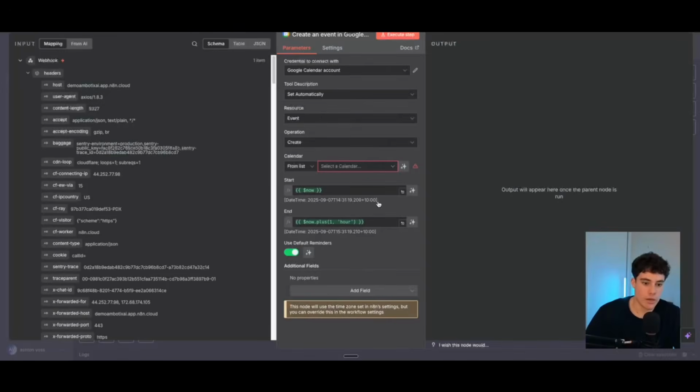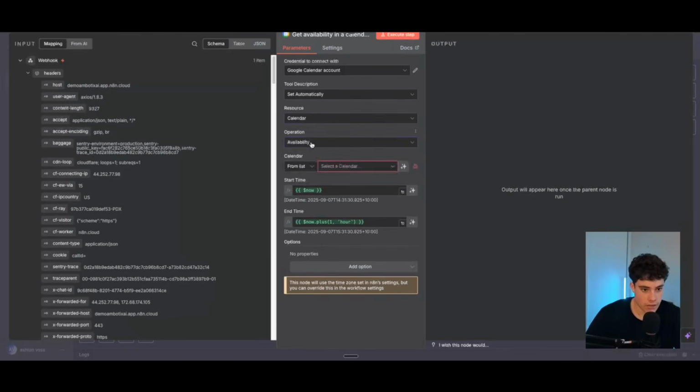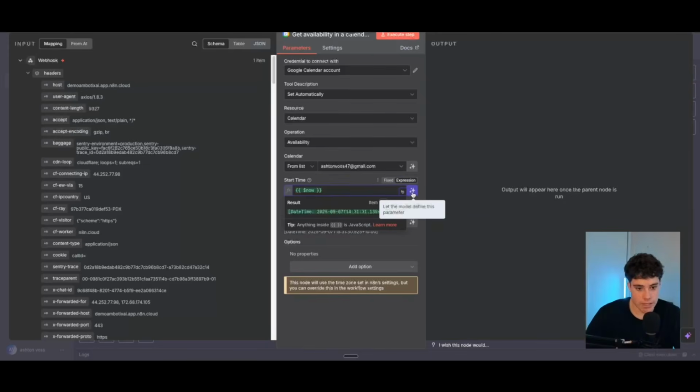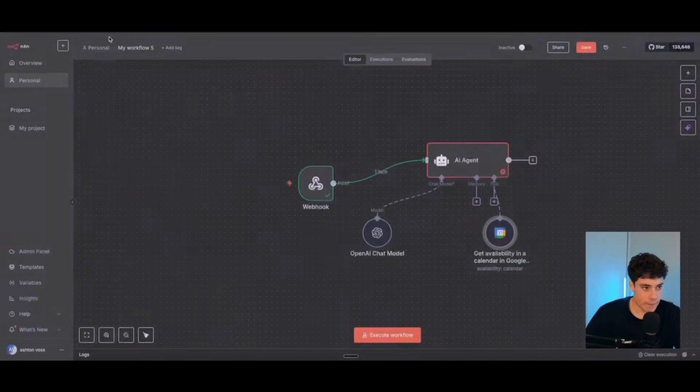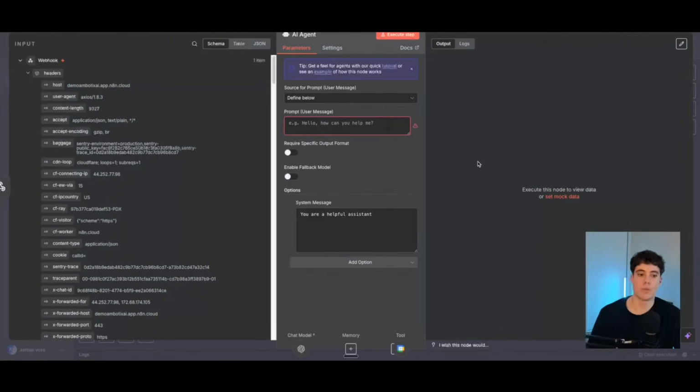And then what we're going to need to be doing is getting a calendar and then availability right here. Go ahead and select your calendar. That's mine right now. And then from here, we have the start time and we have the end time. Now, what I'm going to do is I'm just going to let the AI model define this automatically. So I'm just going to go ahead and paste in that. So now we can come back to the AI agent and prompt this AI agent to automatically define the start and end time using the variables that we have from the